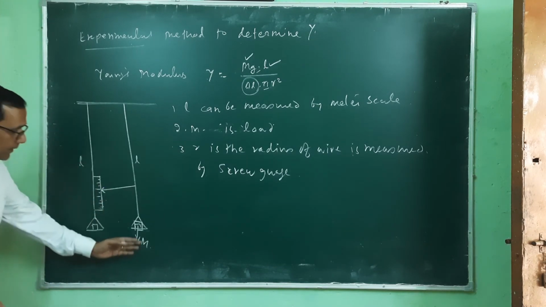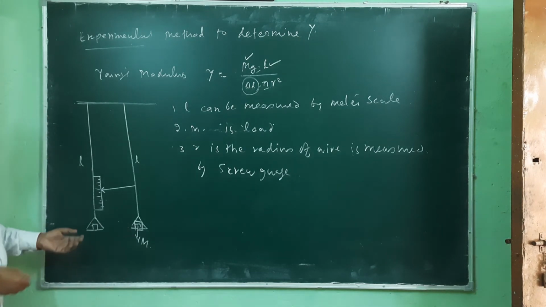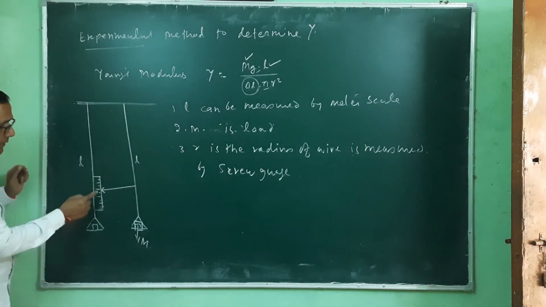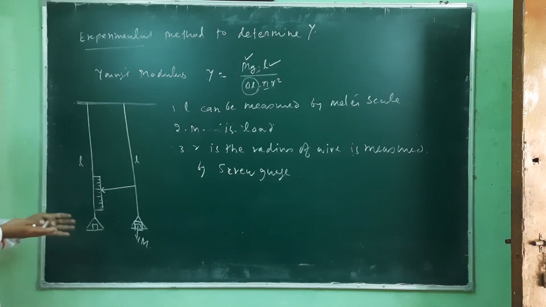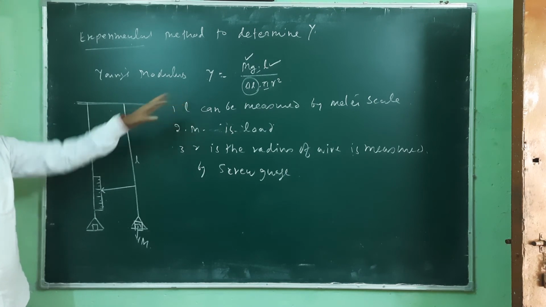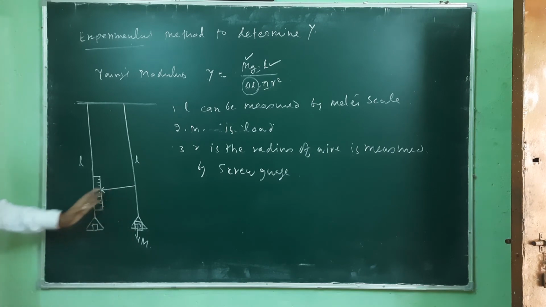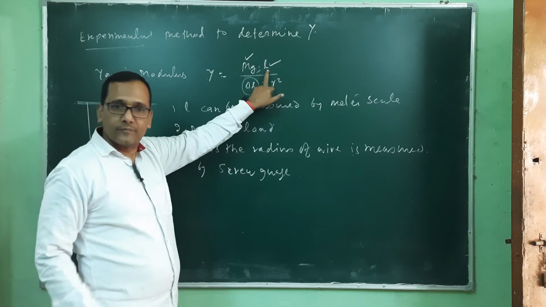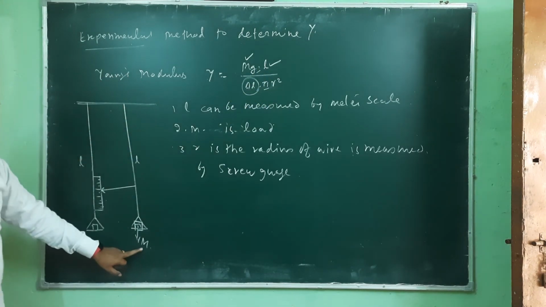When this capital M is not there, only the small m, the identical mass used to keep the wire straight, this will be the first reading. That first reading is actually L, the length of the wire. When the two wires are just straight, the first reading is the length L. And second, when we hang this capital M,